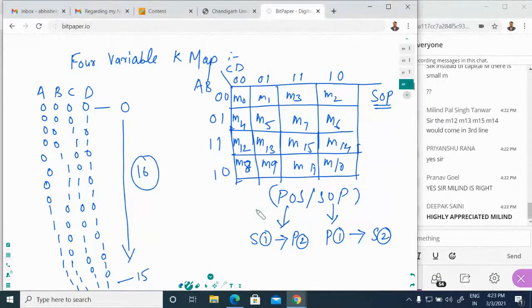Okay, if you want to represent the 4 variables in max term, how you can represent it? In max term, you have to represent in capital M, and in max term, you have to use the convention as this POS form can be represented by summation first, then you will form the product.